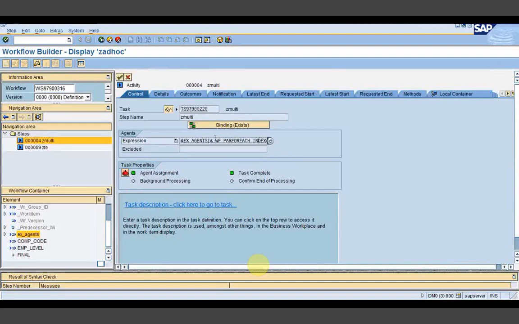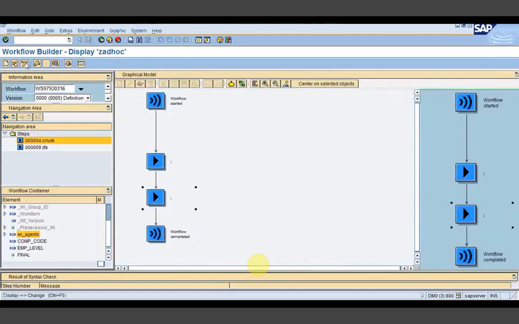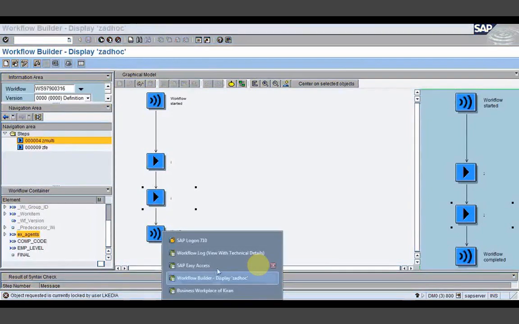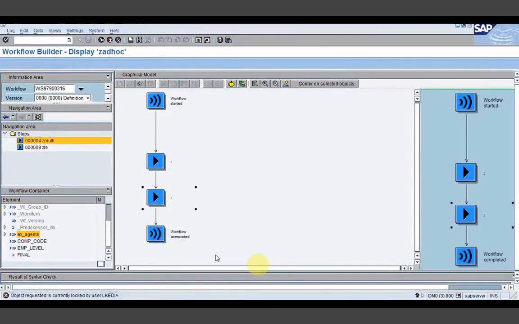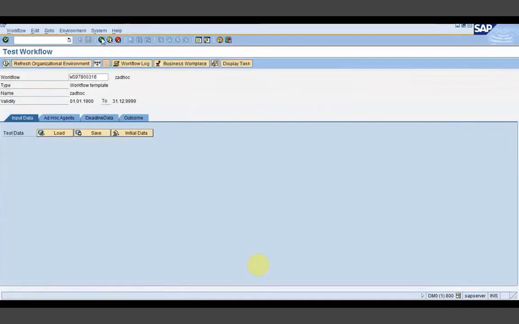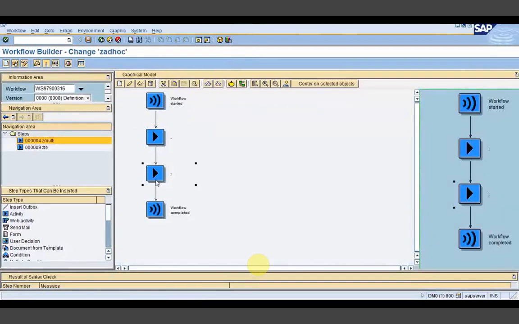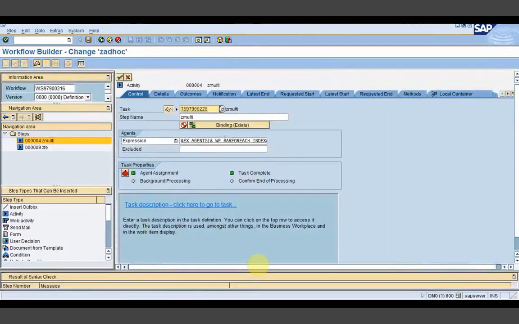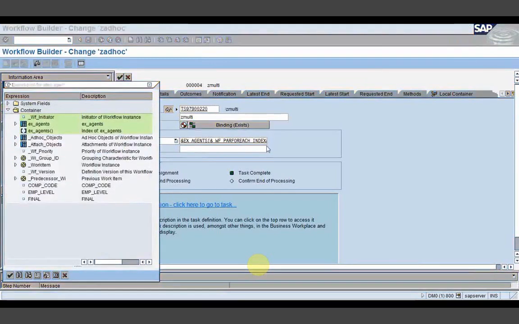This F4 is not working. Okay, I have logged in. Okay, here. Once you press this F4, you can see one extra container element is created called X agent